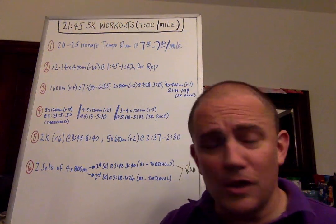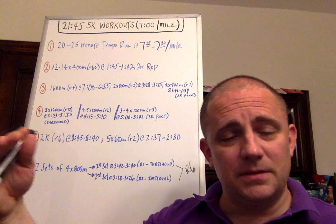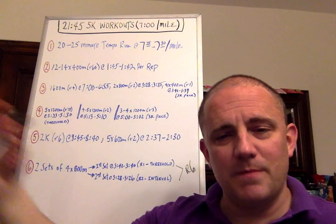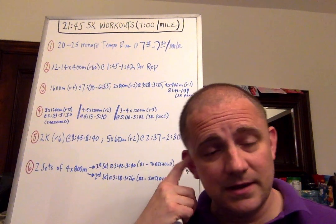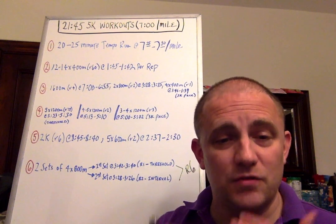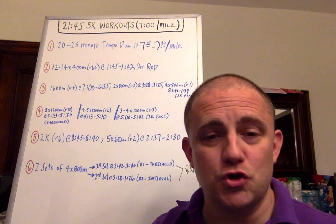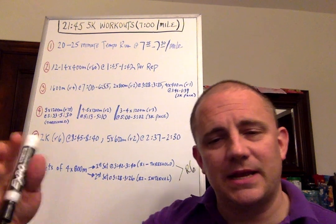So good indicators of current fitness, because you can easily progress training volume along the way, but training intensity is a little bit different. Races or time trials should help become indicators as to whether you're ready to start training faster. I would encourage you to let those things tell you, so that you're constantly training at the appropriate paces,